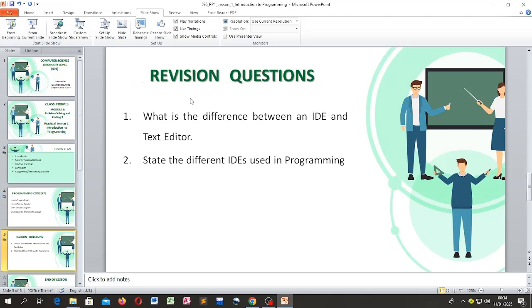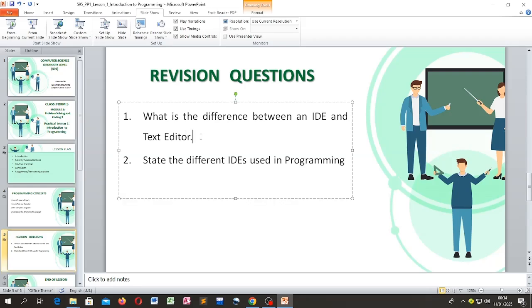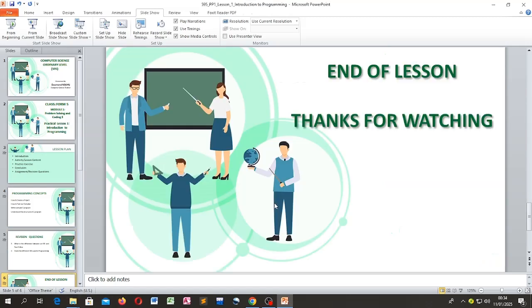So for revision question, the first question is, what is the difference between an IDE and a text editor? And you should state the different IDEs used in programming. So at this juncture, we have come to the end of this lesson. In the next lesson, we are going to dive straight into writing basic programs in C, starting by using primitive data structure. Remember, our objective is to demystify